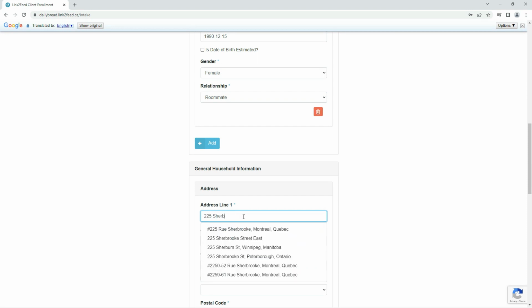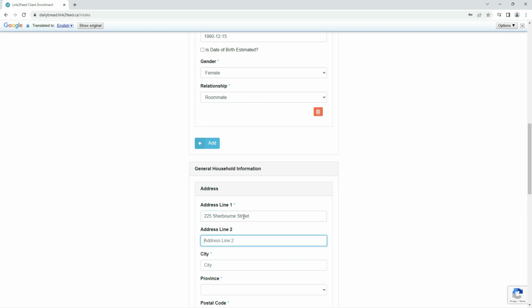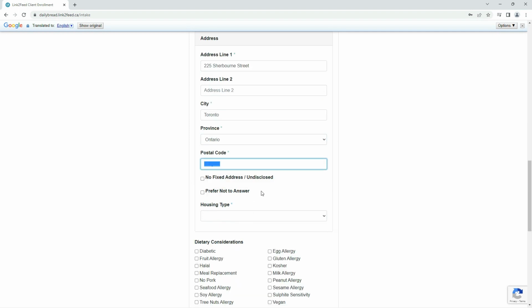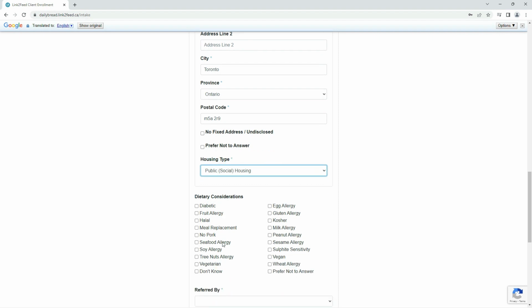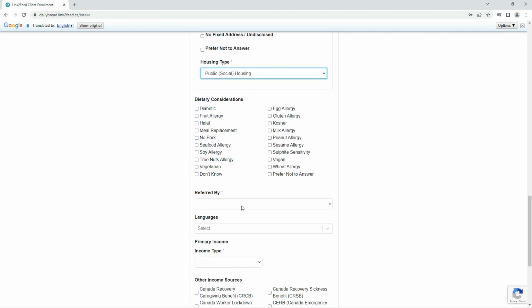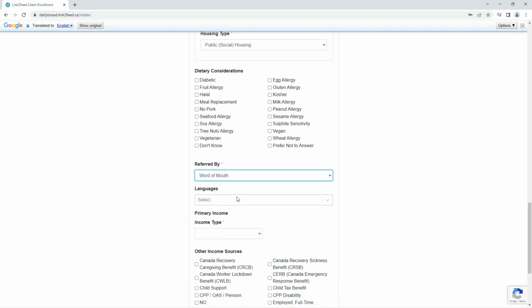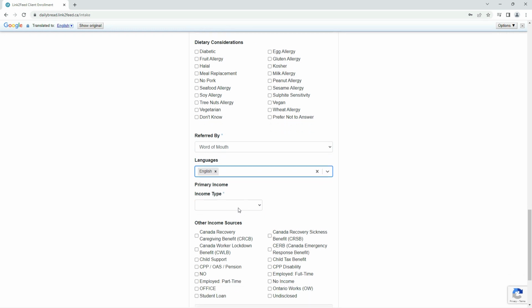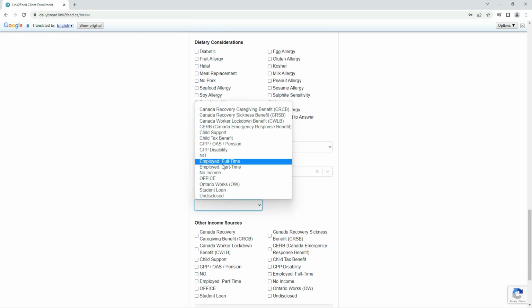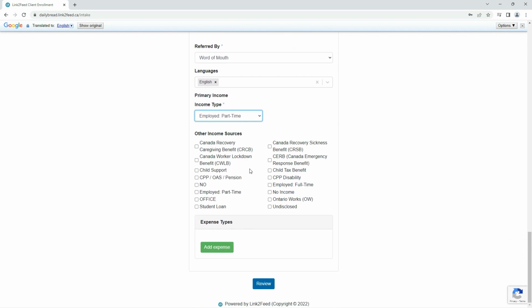Let's say it's Sherborne Street, City Toronto, Province Ontario, postal code N5A 2R9, and then housing type, it's social. Any dietary considerations? Nothing. How did I know about the food bank? Word of mouth. The language, I'd say it's English. Then the income type, what my source of income is. I can say I'm a part-time employee. And then if I have another source of income,